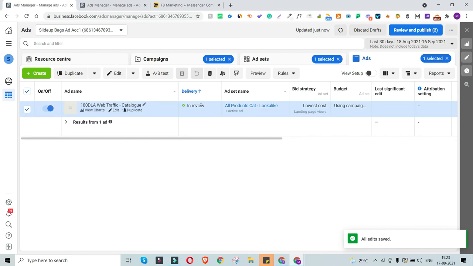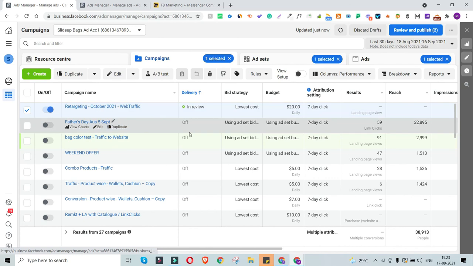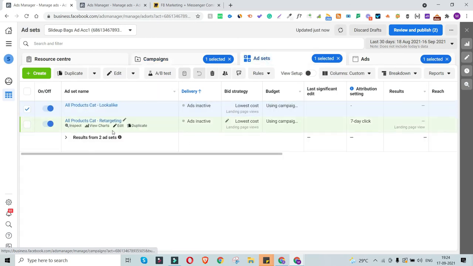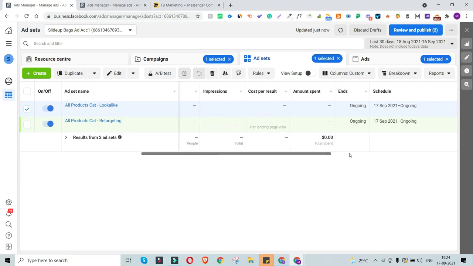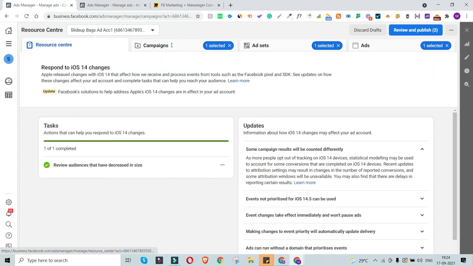Now this ad will show up as in review. Now you need to, once it gets reviewed and published, keep monitoring how this ad budget is getting spent. So right now we're spending $20 on this campaign, so this $20 is gonna get evenly distributed across these two ad sets. Now you need to keep on checking which ad set is working how, and at times you might also get some quick updates, that limited learning.